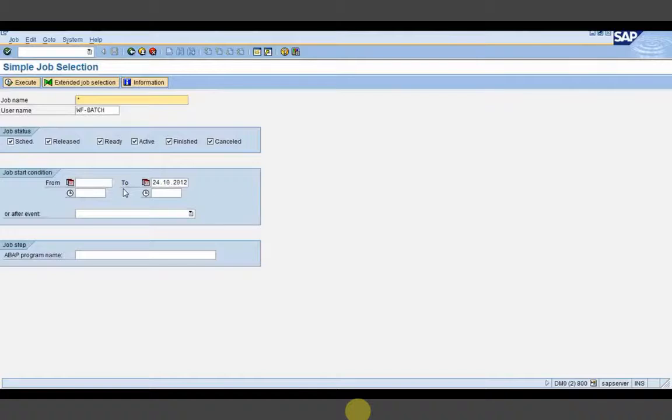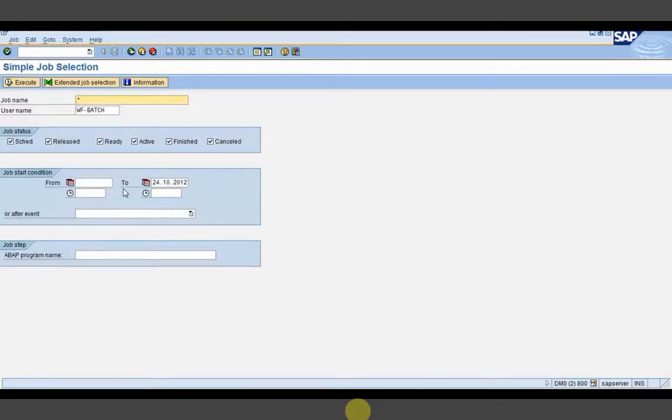So here the job actually runs in background at night. In the evening I think it starts by 4 or 4:30, because once I execute at 4:30, after 4:30 I receive the mail in the inbox, but in the morning it is not shown. So this particular background job, actually we cannot schedule it, so it is done by basis.